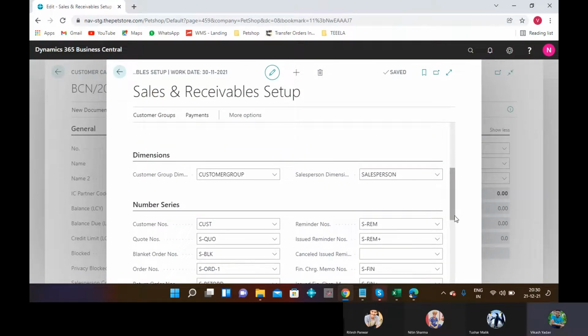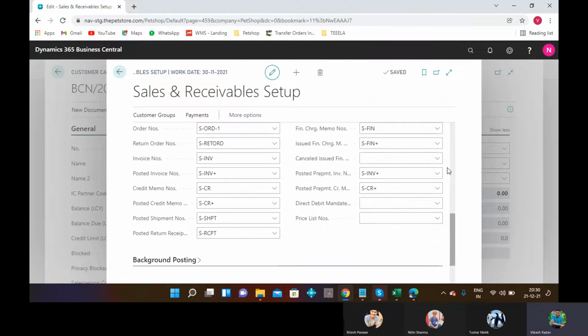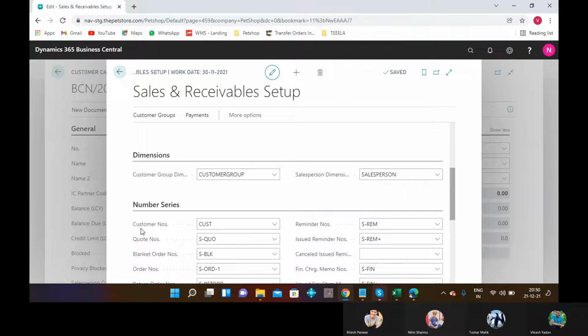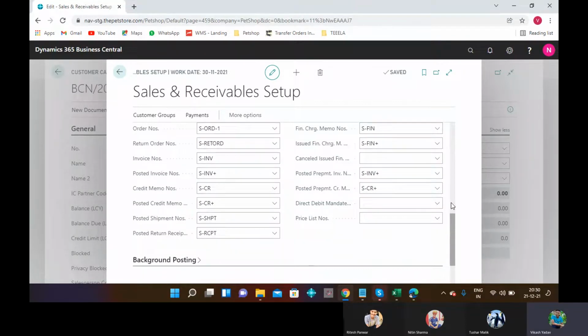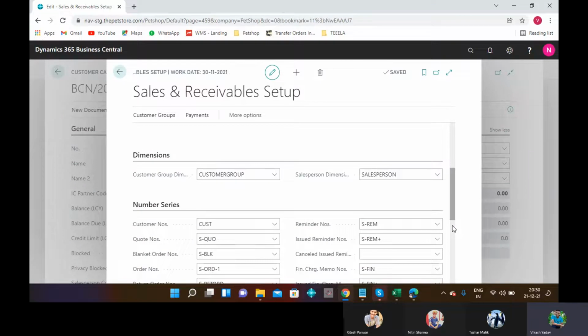Go to number series. Here we can set the customer number and all the sales related numbers. Here we can set all setups.